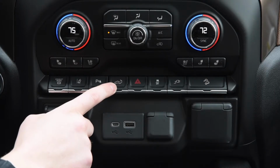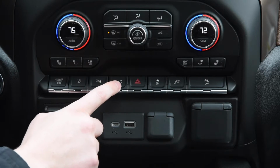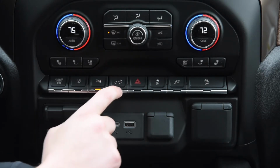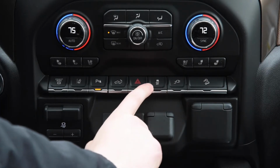Here we have the tailgate to let it go down and back up. That's available on the LTZs and High Countries. Your hazard lights, your traction control,